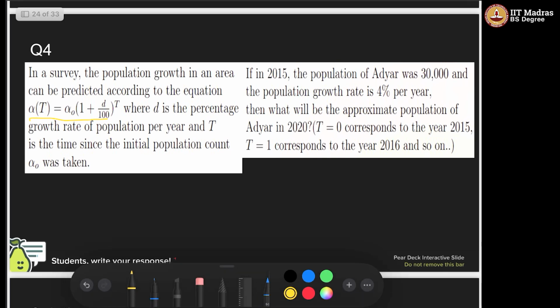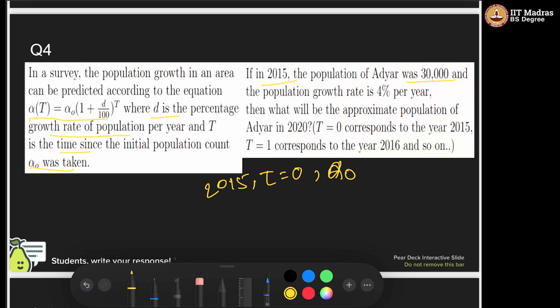This equation will give the population growth in some area, where D is the percentage rate of population growth per year and T is the time, with initial population count alpha naught taken. So if in 2015 the population of Adyar was this, we can take 2015 as the initial count, that means when t equals 0 in 2015,